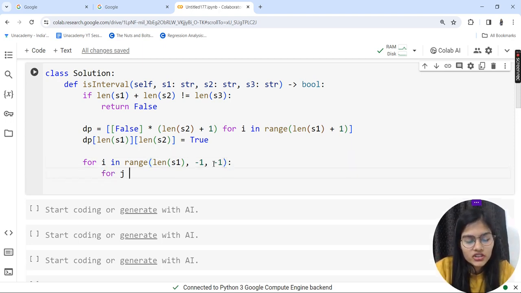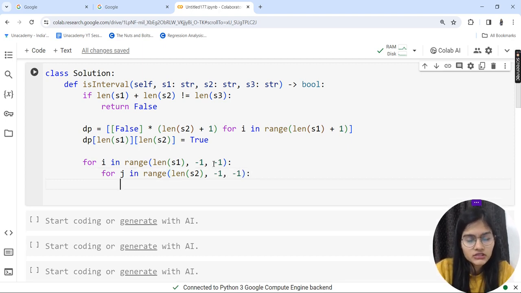Moving down, I'll be applying my for j loop for my second string, that is string number 2. So for j in range, I'll be taking my s2, and similarly for string number 2 I'll again be reversing, so -1, -1. Now proceeding further, I'll be putting in my conditions: in case the value of i